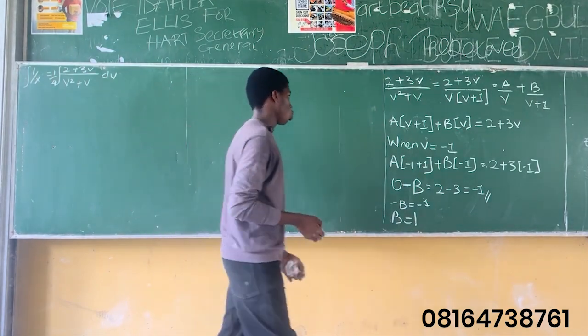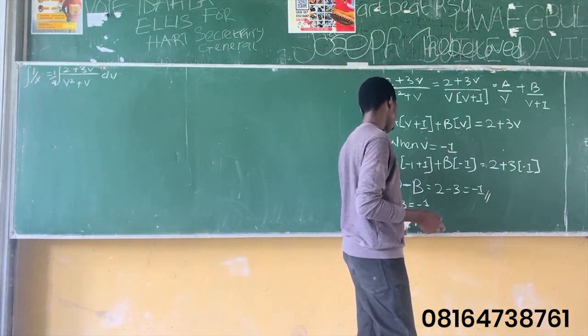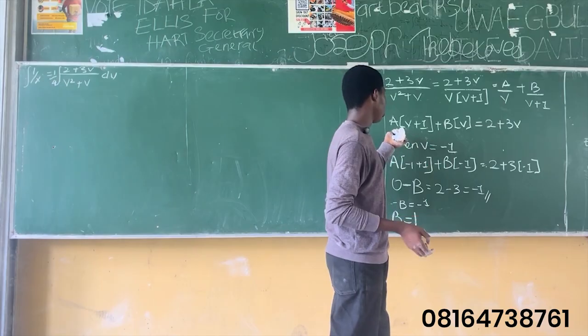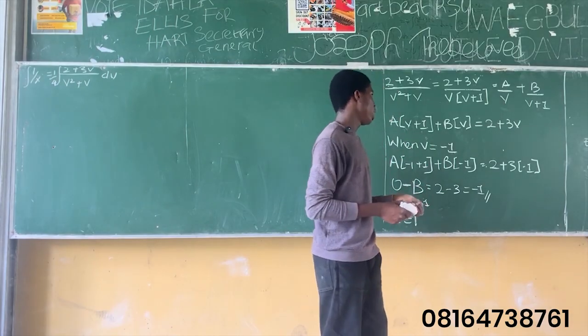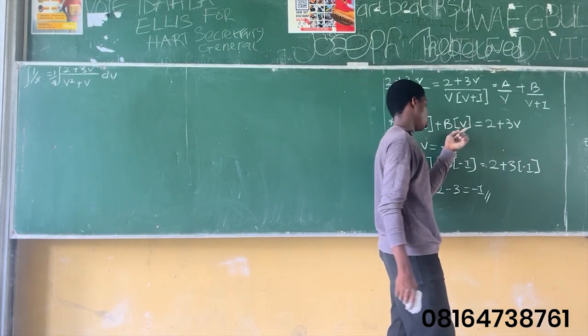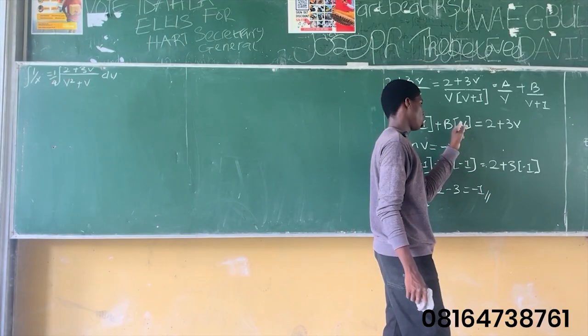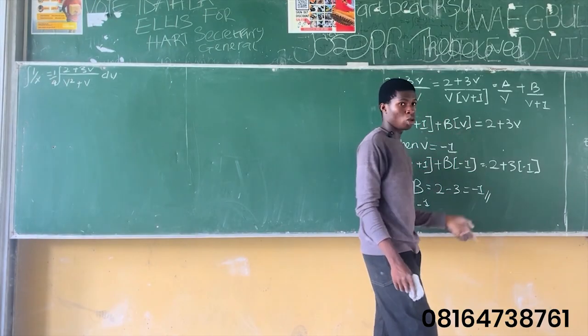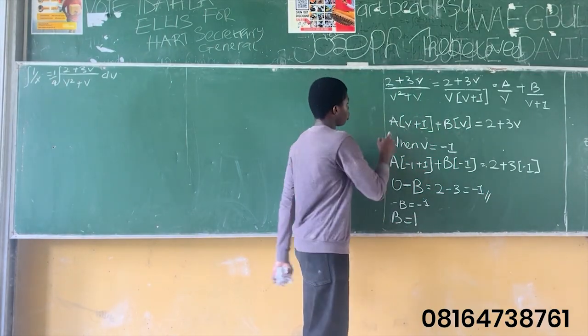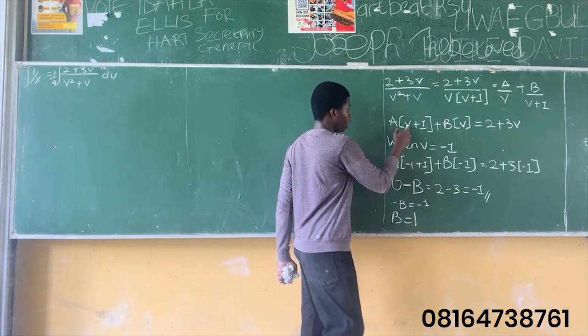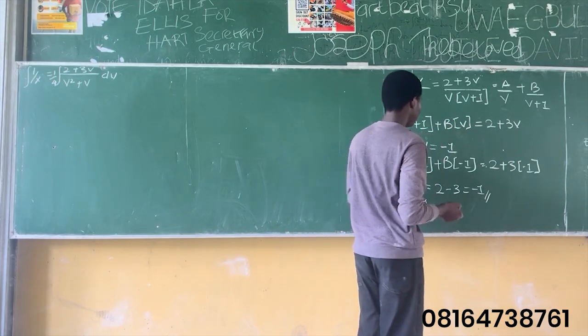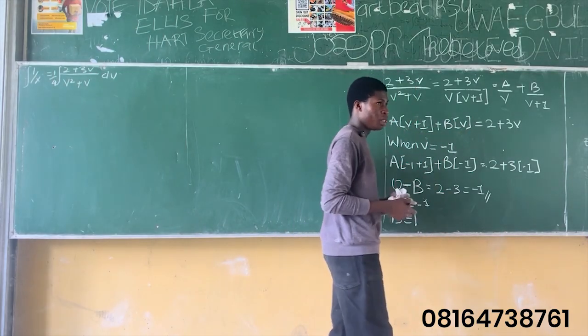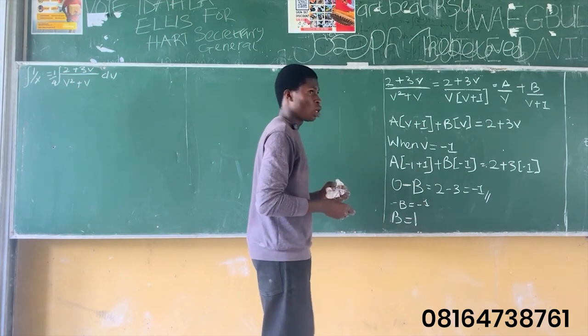So now, since we have gotten our value of B equal to 1, we'll be looking for the value of A. So we need a value that, when we substitute it into this portion, where we have v, we want B to be equal to 0. And now we'll do the same thing, put the v here and also put the v here. So which value can we think of that will make B 0? So if v is equal to 0,